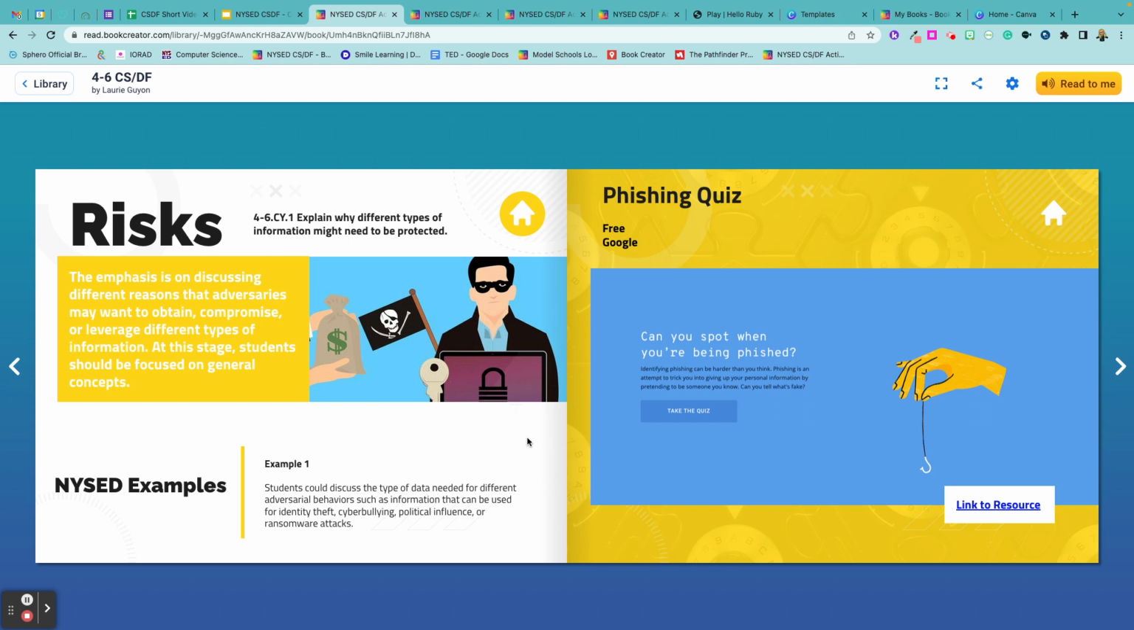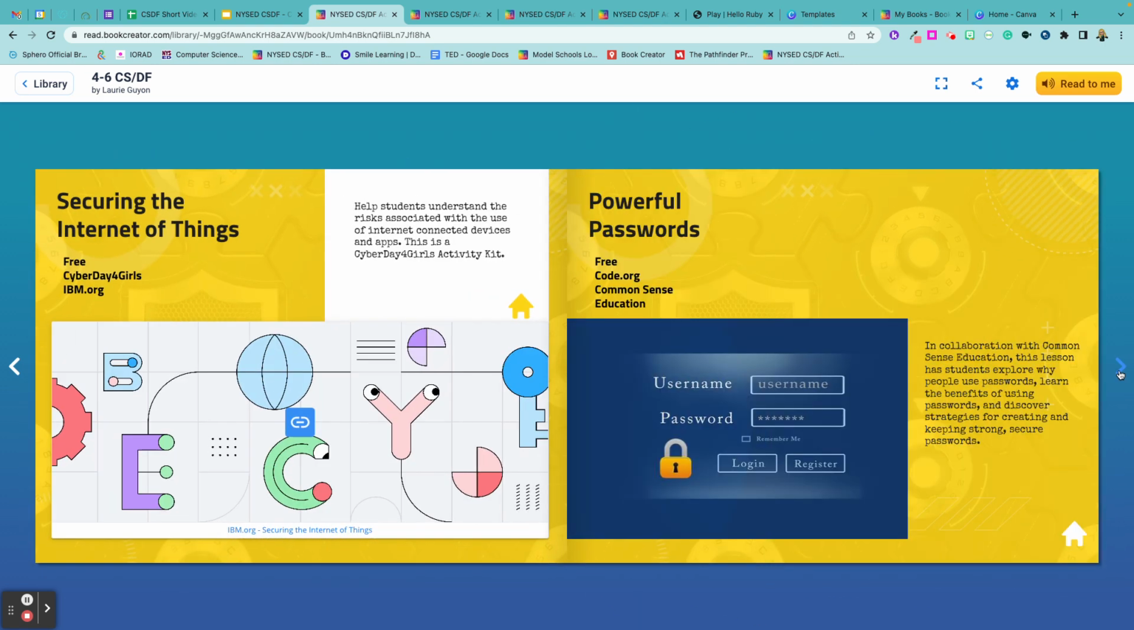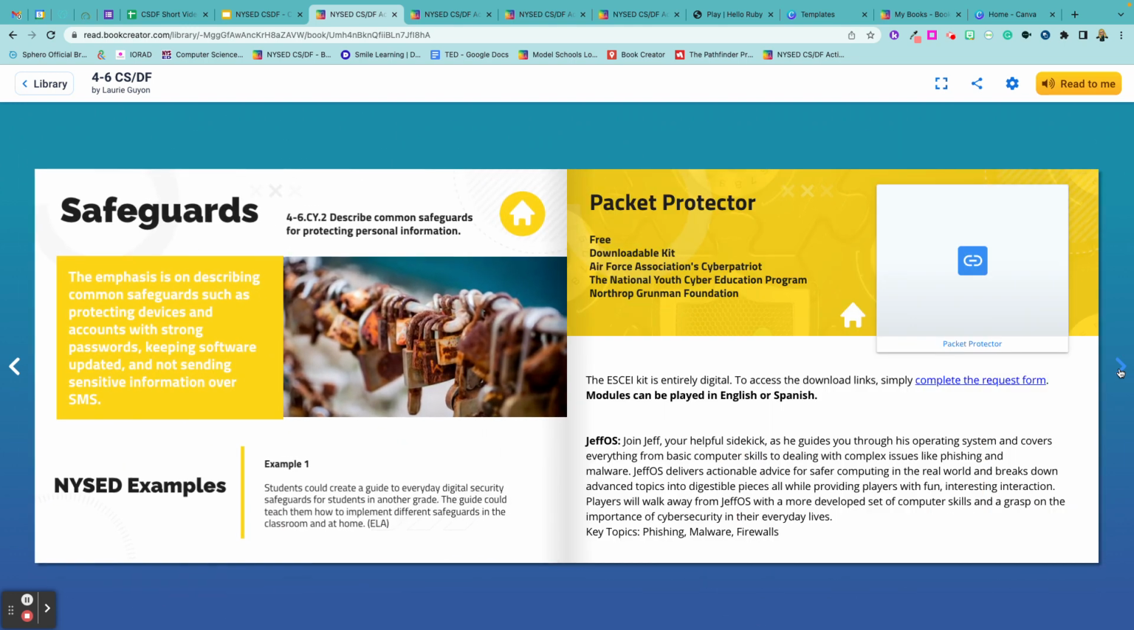You can also start at this age talking about identity theft, cyberbullying, political influence, ransom attacks, anything that could happen online. There's some great resources for you to help you understand and for your students to understand what we're talking about here. And then we move on to the next one within the cybersecurity, which is safeguards, number 2,